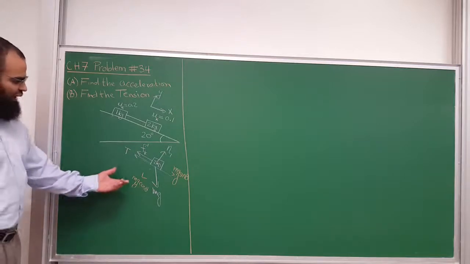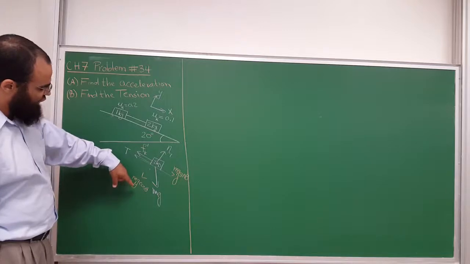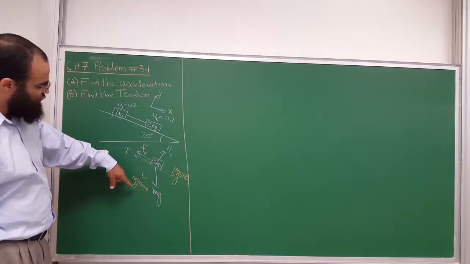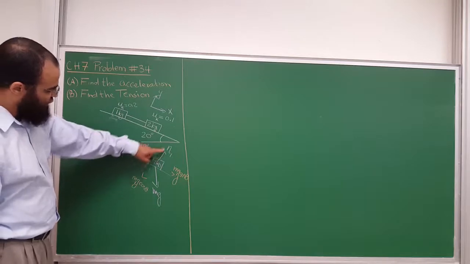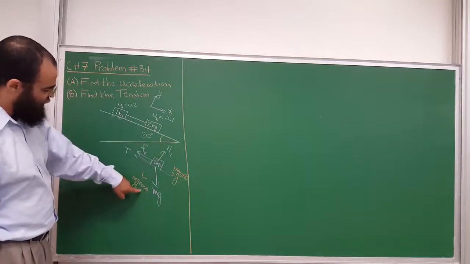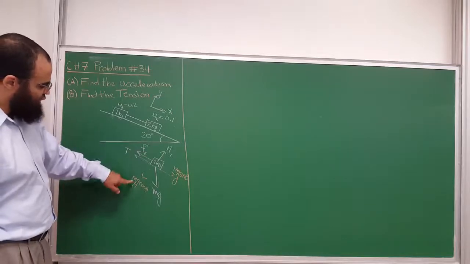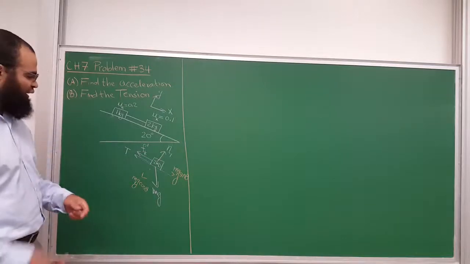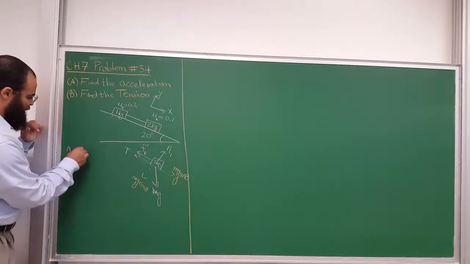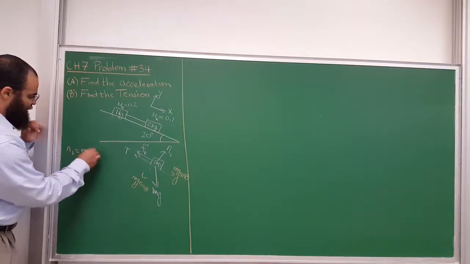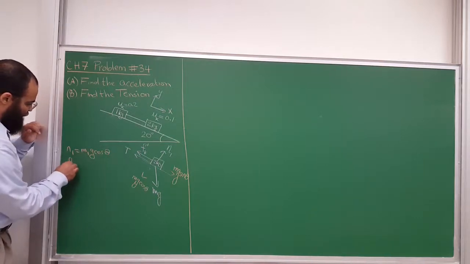You need 2 equations to solve for 2 unknowns. So we'll say our 2 kilogram object does not move in the y direction, so the acceleration in the y direction is 0, so the net force in the y direction is 0. In the y direction I have n1 and m1g cosine theta in the negative y direction, and so n1 has to equal m1g cosine theta. So I get that n1 is equal to m1g times the cosine of theta,